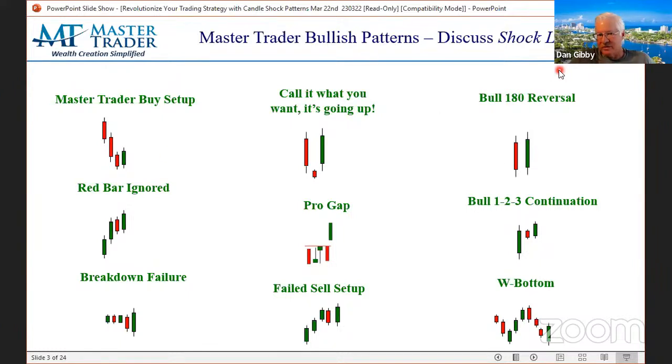So I don't call this a shock per se, but in essence, it's a small shock. Why? Because I have 3 red bars followed by a reversal bar. So there's a little shock there, but that one's expected. We're going to focus a lot today on the unexpected shock patterns that not only set up new opportunity, but also,